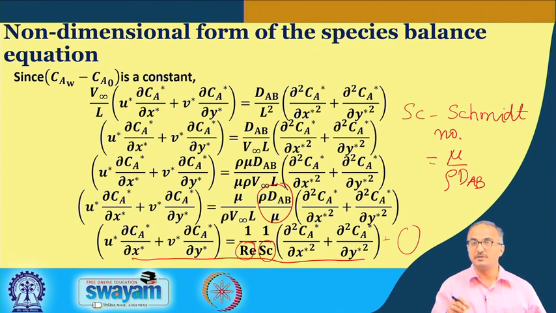Okay, so all these things will also be coming here, and another kind of source term may come in even if it is not reacting. There could be transfer of species between two phases. Here we are talking about a single phase only. If we suppose have two phases, it could be that I have a gas and a liquid, and some species is getting from the gas side to the liquid side or vice versa.